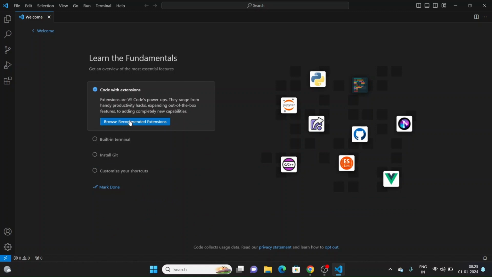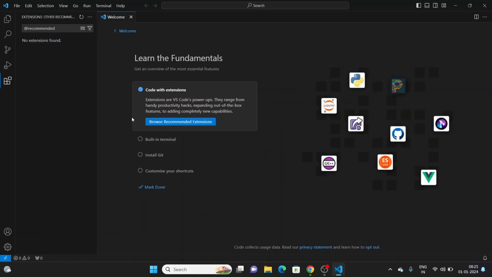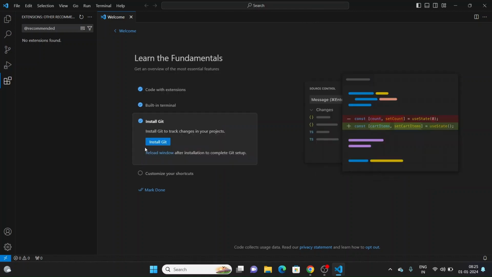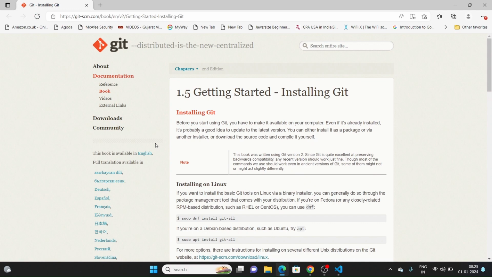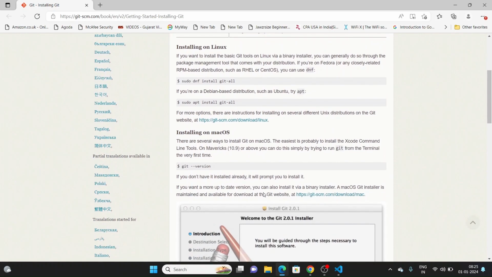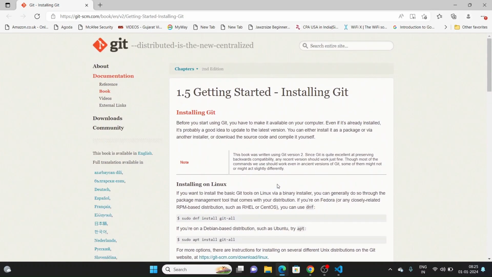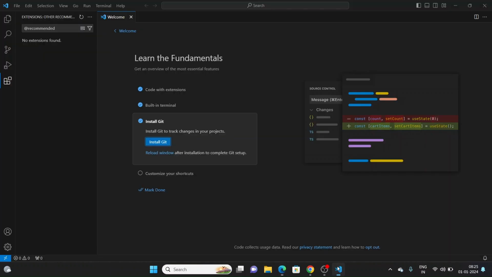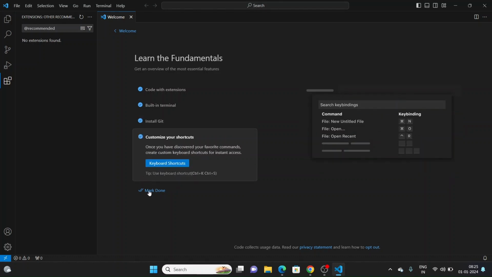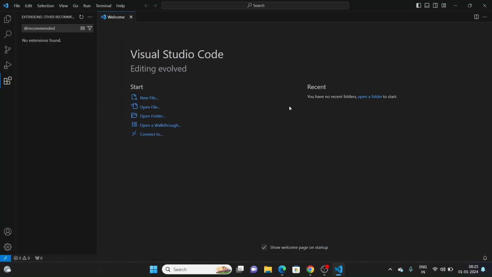Code with extensions, we have to install all the extensions that are required to be there in our VS Code. Built-in terminal, install Git. So Git is used to store our things, store our code. So we can install Git, you can read the documentation of it. We will go to Visual Studio Code. Then we can customize our shortcuts. We can do Markdown, and the